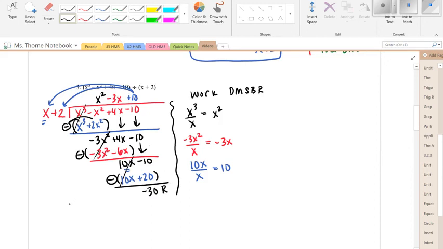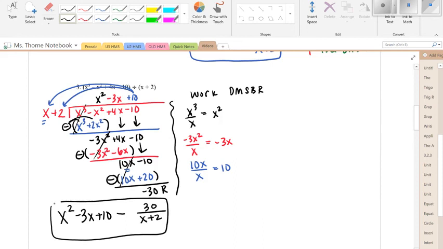So then the way that we write our answer, so it's the quotient, x squared minus 3x plus 10. And then you can write the remainder one of two ways. You can write plus negative 30 divided by x plus 2, or if you want to write minus 30 over x plus 2, it means the same thing. So either answer would be correct. And so that is our long division. So let's go to the next